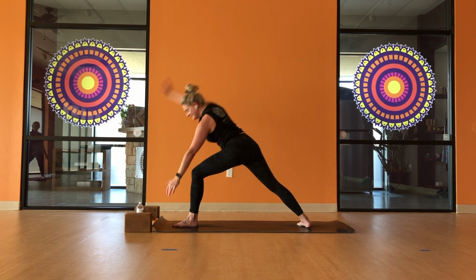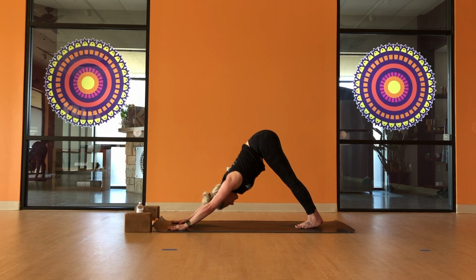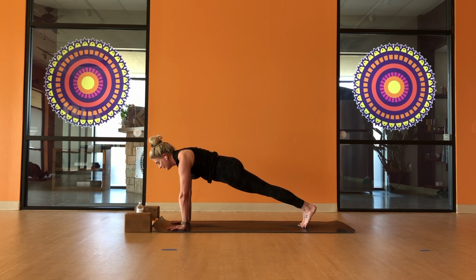Cartwheel your hands down. Sweep the left leg up to the sky. Big toes touch. Press forward, high plank. Hold your high plank, or maybe add in 5 chaturanga push-ups, or maybe some shoulder taps, whatever you want, whatever you need for your practice, or just concentrate on bringing that pelvis underneath you, stacking your shoulders right over your